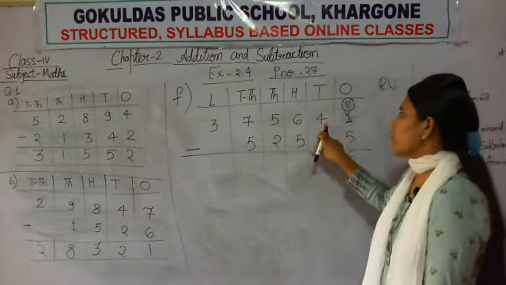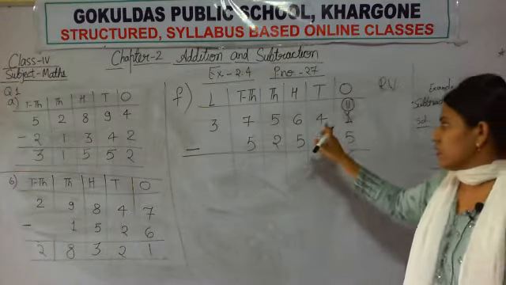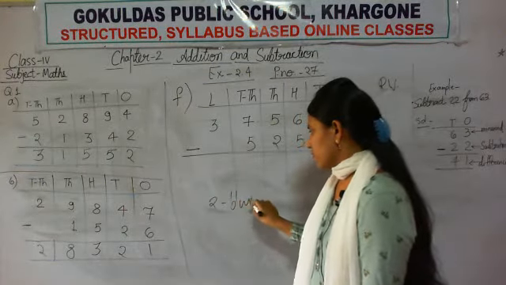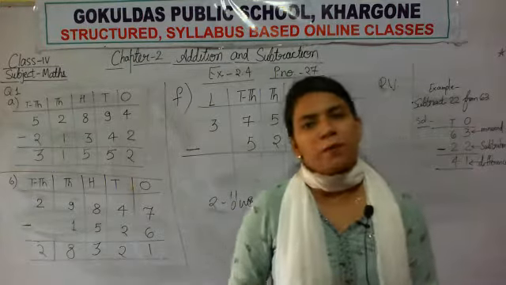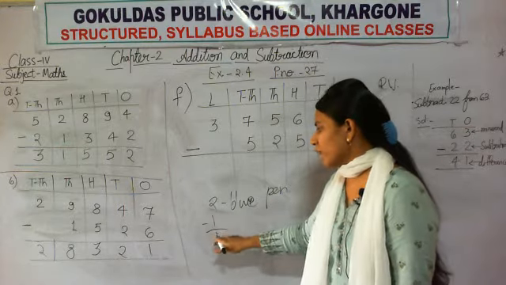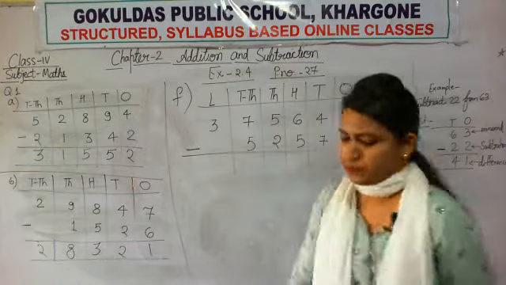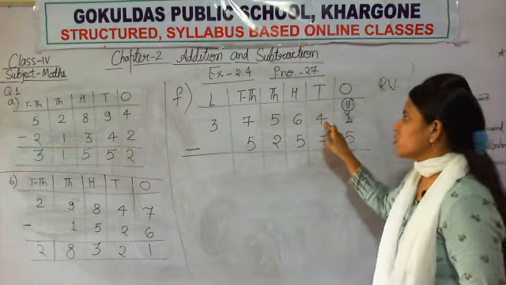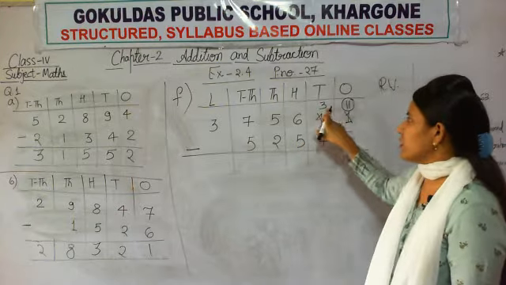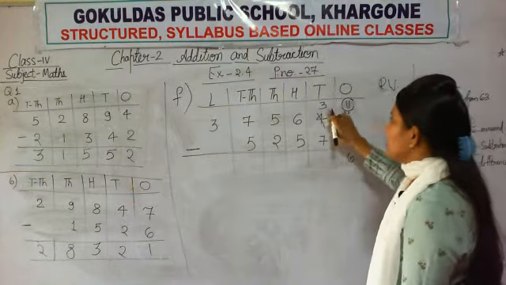Now this 4 has given 10 to the ones column. If your friend had 2 blue pens, okay, you forgot your pen box at home. You borrowed 1 pen from him. 1 pen you borrowed. So how many are left with the friend? Only 1 pen, right? So in the same manner, this 1 is borrowed from here. So how much is left here? It had 4 pens. It has given 1 pen to it. How many left now? 3. Only 3 left. Now your number is 3.